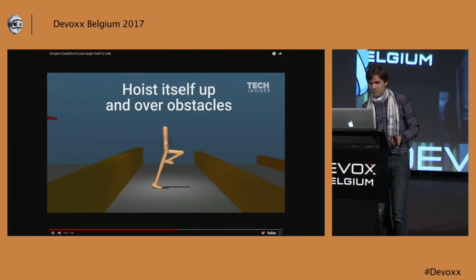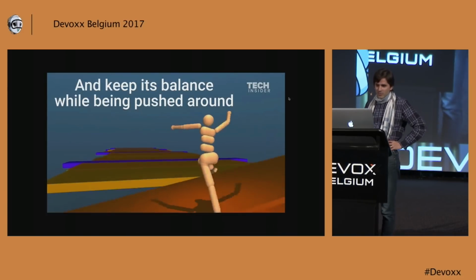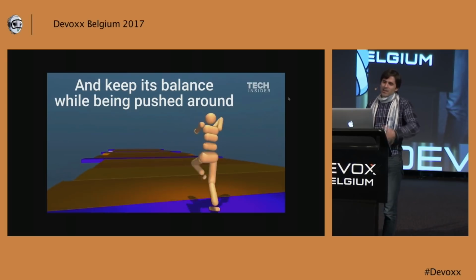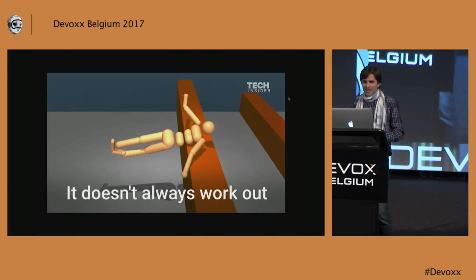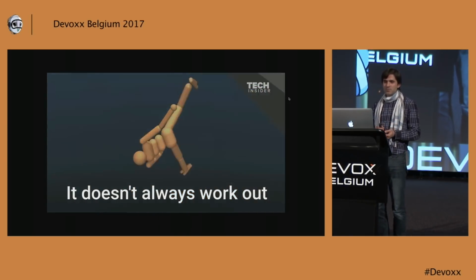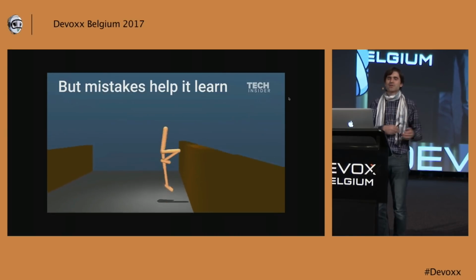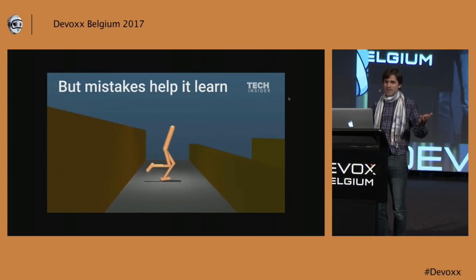This one I find really impressive. Here it even learned how to jump across an obstacle. Now they are being goofy. They are pushing him around. And this is the training. It does lots of experiments. When it falls down, that's a minus reward. Here as well, it learns from the mistakes, and now he's up.